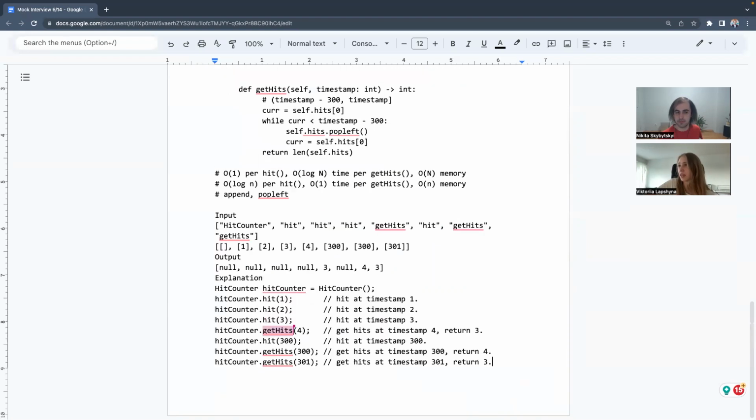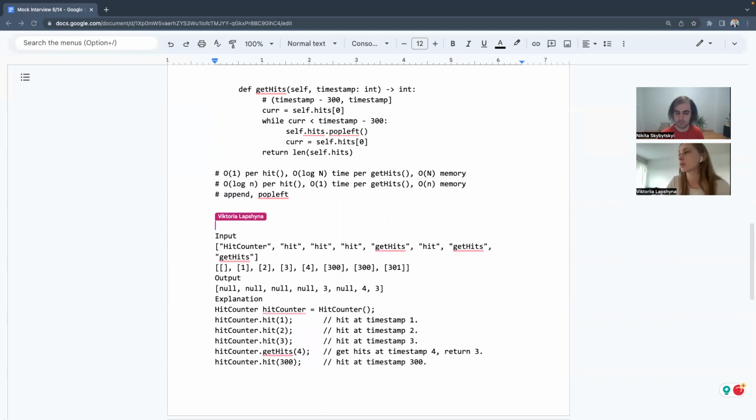Let's, so I just want to go over the example one by one. I think we can just do it here. Yeah, I forgot that I'm not in the editor. So what happens first? First we initialize this.